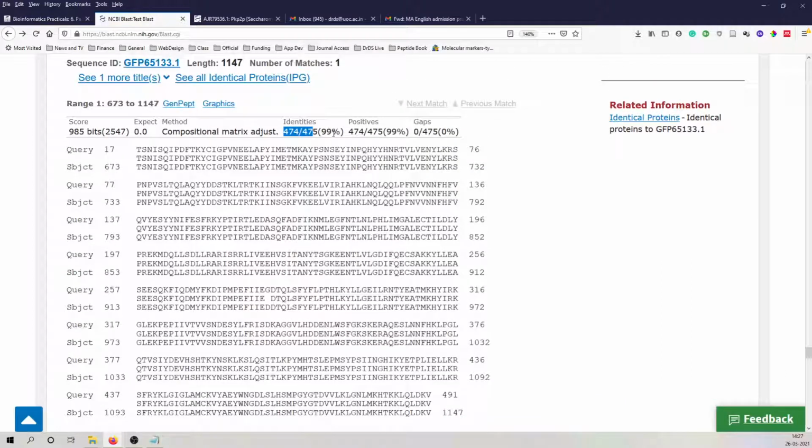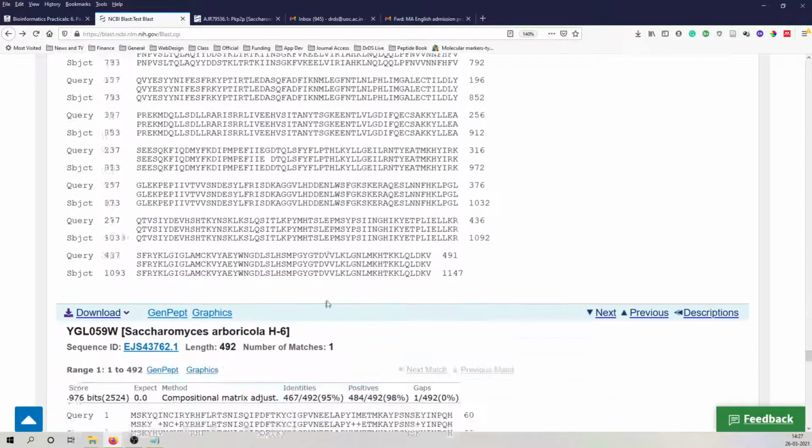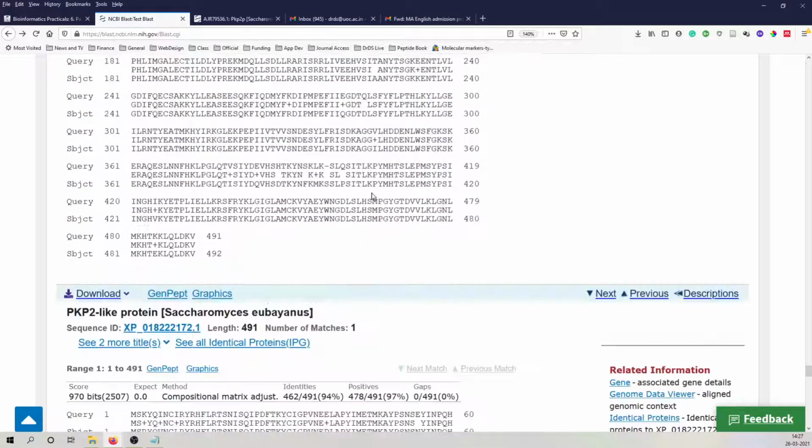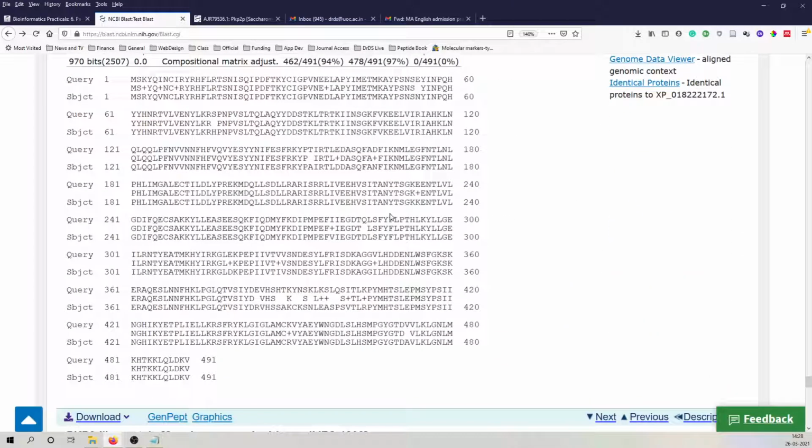All the 491 residues are not matching in this case. So when we come down the list, the percentage of identity and matches will reduce. Here in this case you can see that there are long gaps and mismatches present in the sequence.